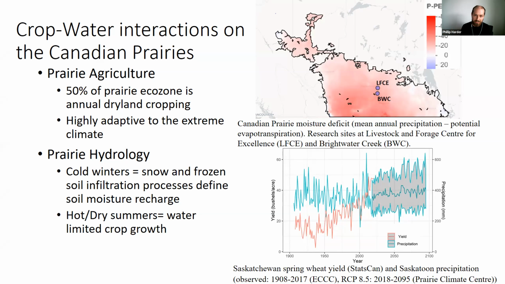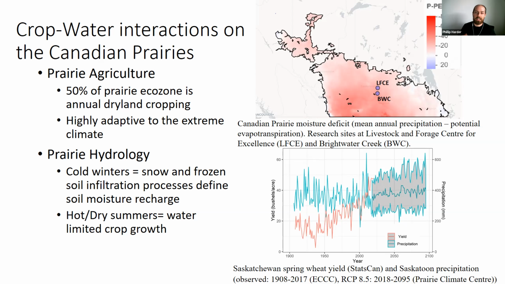But to set the stage, big picture, when we talk about Canadian prairie agriculture, we really need to talk about the water and ag interaction. So on the prairies, it's this huge area of Alberta, Saskatchewan, Manitoba, and within it, about 50% of this area is annually dryland cropping systems. And this is an area that is typically under water stress. Obviously, there's variability in that. Right now, Manitoba is underwater and Southwest Saskatchewan still super dusty.